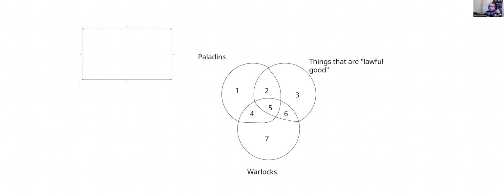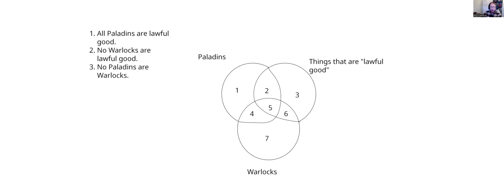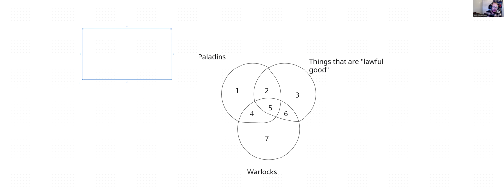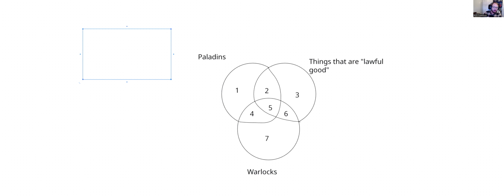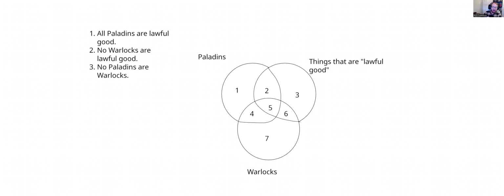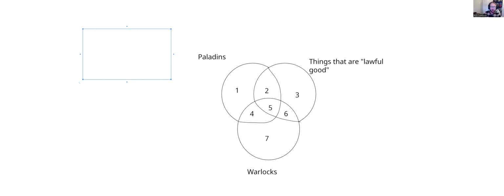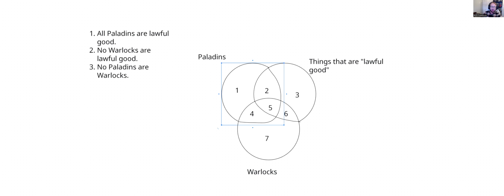So I'm seeing a lot of people say 7 here. Let's remember an important thing, right? The first category that comes up in the statement is the circle we're going to be doing something with. So this is the paladin circle or semicircle, it's not the best drawn circle. This statement is about paladins. So if you said 3, 6, or 7, you should know that that can't be right because this statement is about paladins. And so this circle is what we're going to be doing something with. So that leaves 4 possibilities here, but at least removes these ones, right?